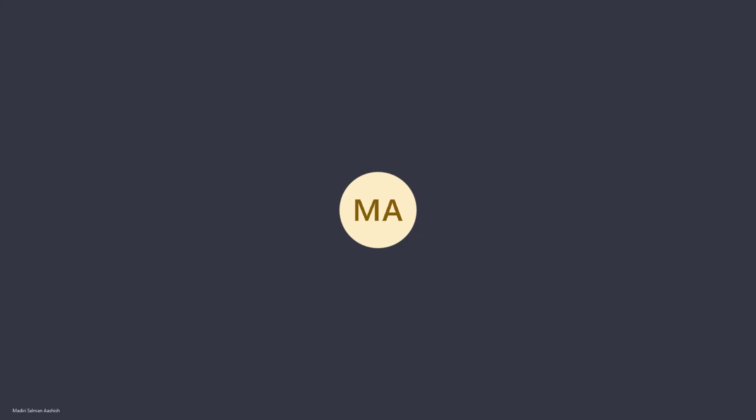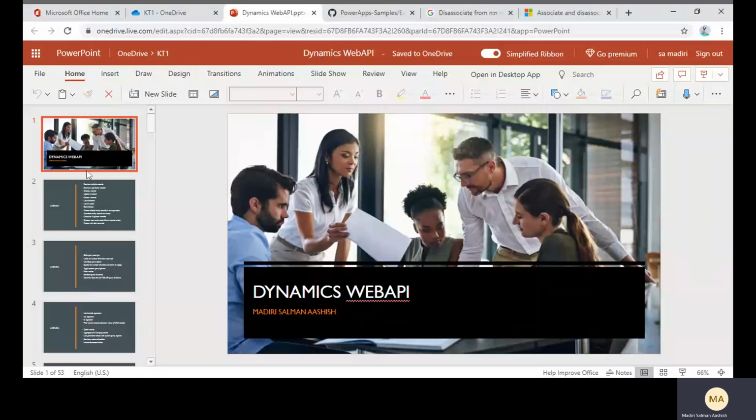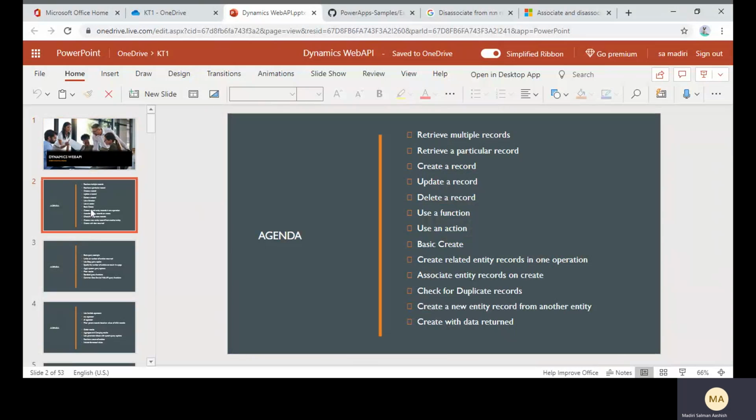Yeah, today we'll discuss how to create web APIs in Dynamics. Let's see what's the agenda. In this agenda, we will see how to retrieve multiple records and how to retrieve a particular record